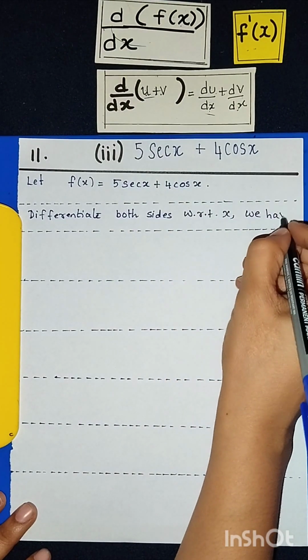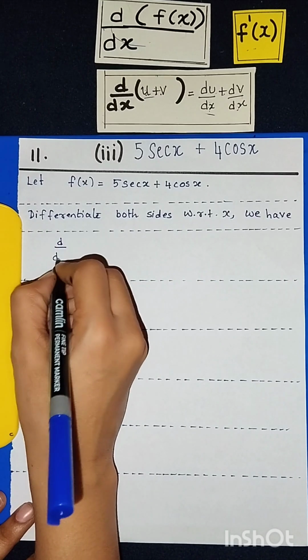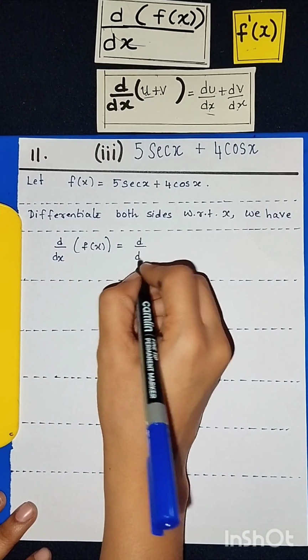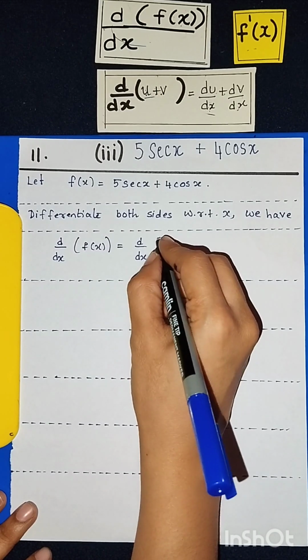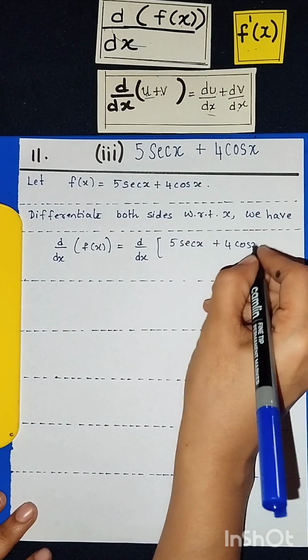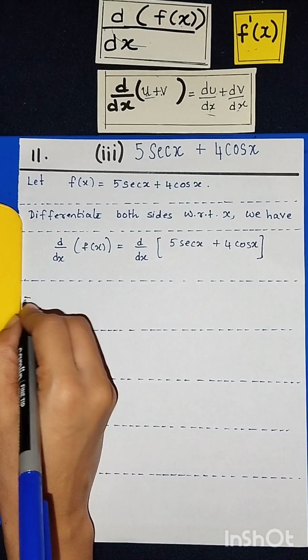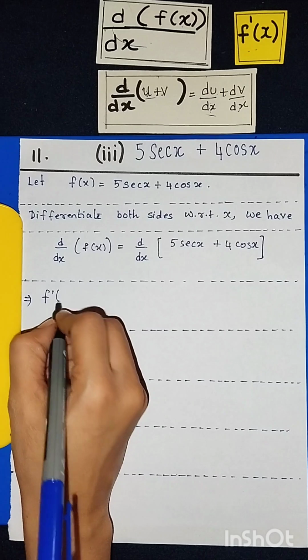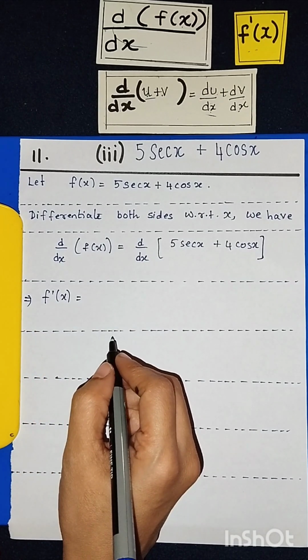We have d by dx of f of x is equal to d by dx of 5 secant x plus 4 cos x. Now this implies d by dx of f of x, which is nothing but f dash of x, is equal to,